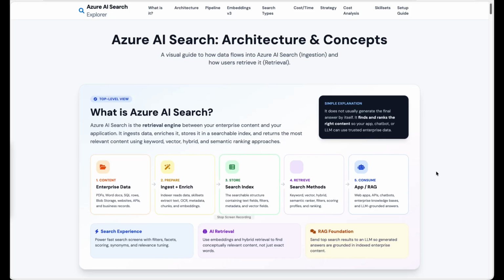In this video, we'll be discussing Azure AI Search. Azure AI Search is a search engine. We all know what a search engine does. You have enterprise data, and you pass the data to the search engine. The search engine will create an index, and using the search method, you can retrieve the data and use it